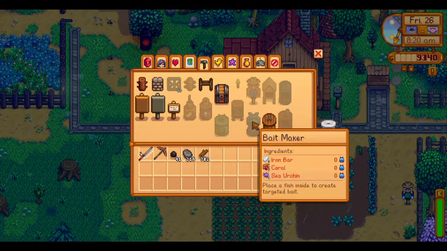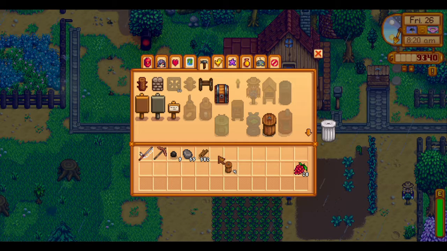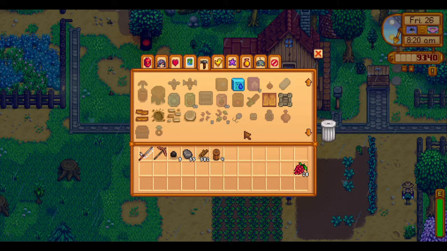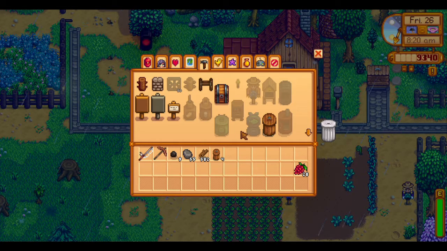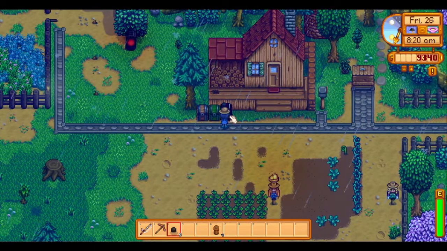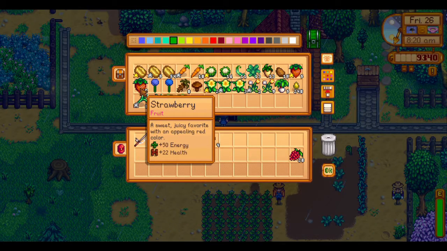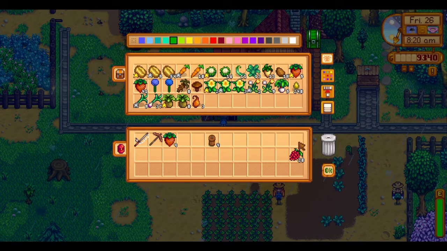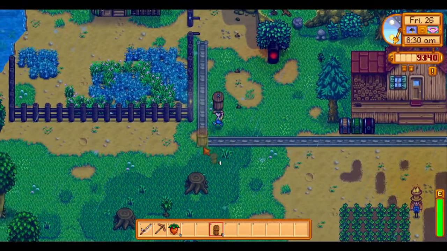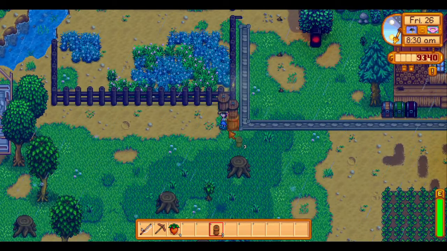points. But here I'm noticing that we can make preserve jars, which will come in handy for making up some monies. So I make a couple. And in order to use the preserve jars, we want to put in some fruits and veggies. So this is why I'm saving a lot of our base quality fruits and veggies. So to start off, we are going to use those strawberries. They already sell for quite a bit on their own, but we get a nice multiplier of their cost when